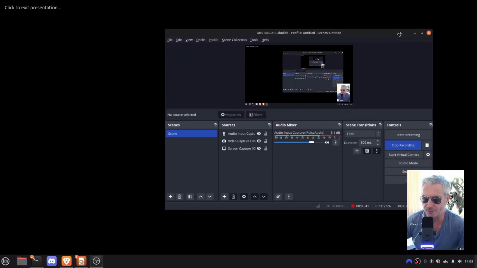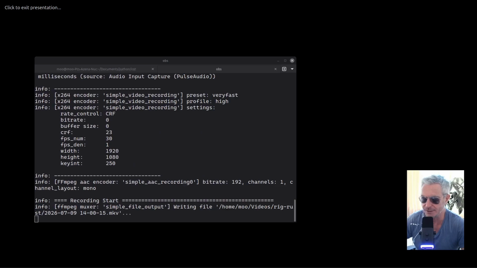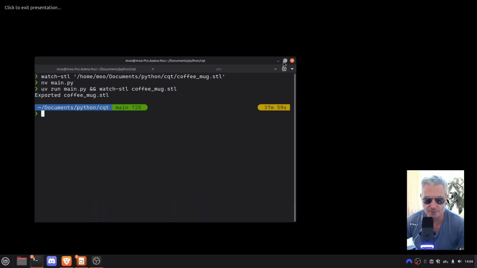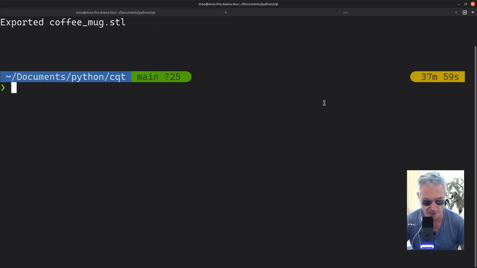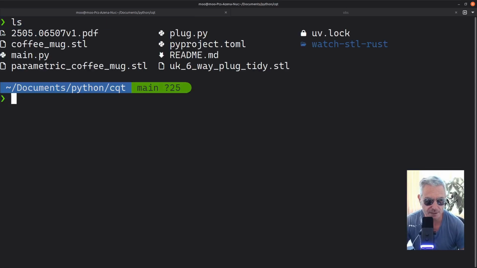And now what I'm going to do is show you getting in the model here. Right, I'll show you the project. So this is Python code. I'm using the UV package manager. You could use pip and requirements if you want to. So this is what I've been working with. And if we look at main,